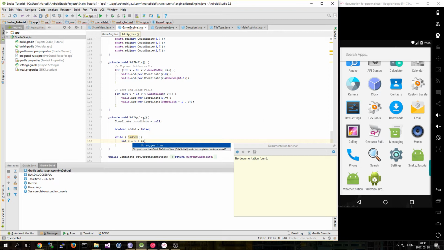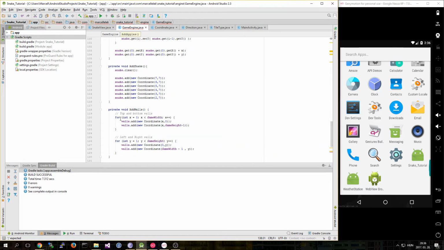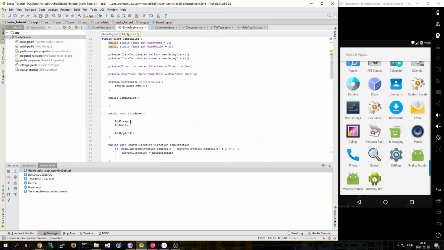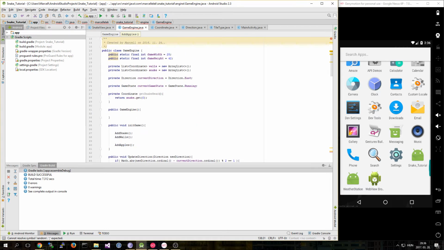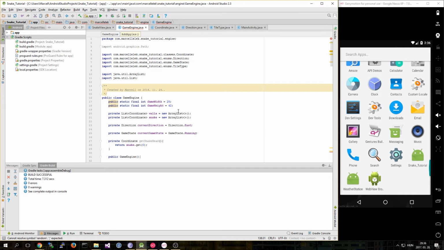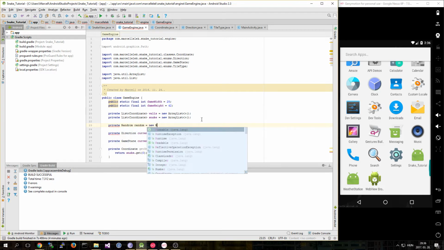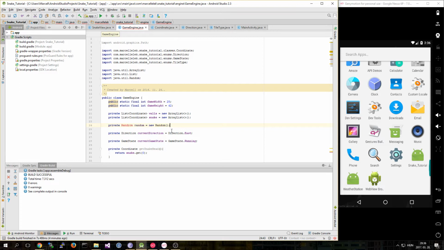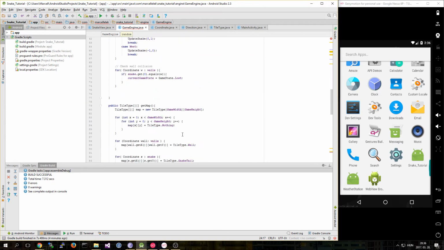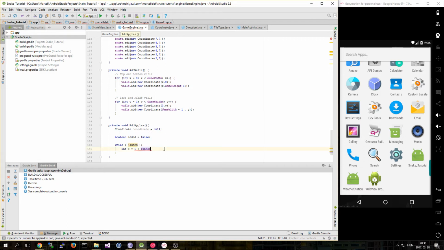How did I call random here? No, I actually did not have any random. Okay, let's make a random field. So private random equals new random. Okay, so now we can generate